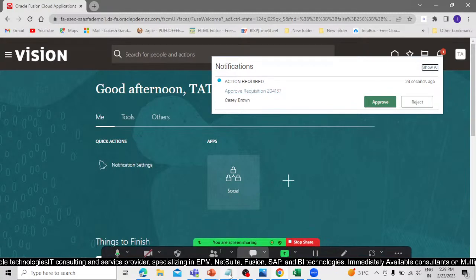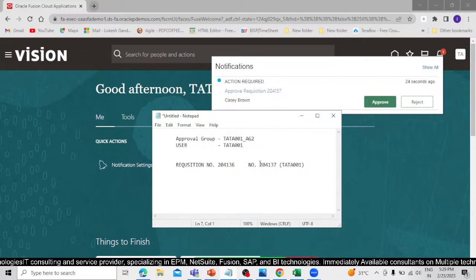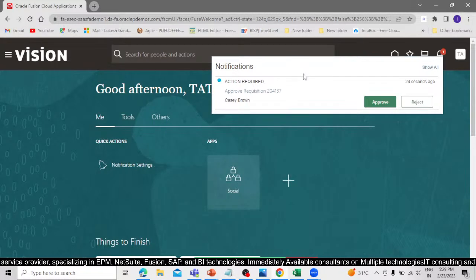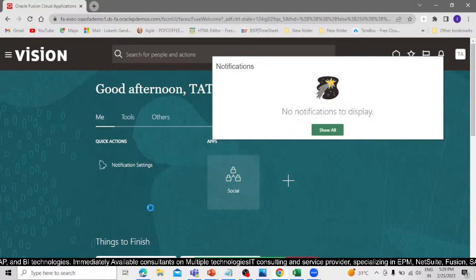This is a requisition number. You can match with this Tata 001 204137, right? The approval request received by this Tata 001 user, right? This is our approval group. Let's approve this request so that it will reflect on this,